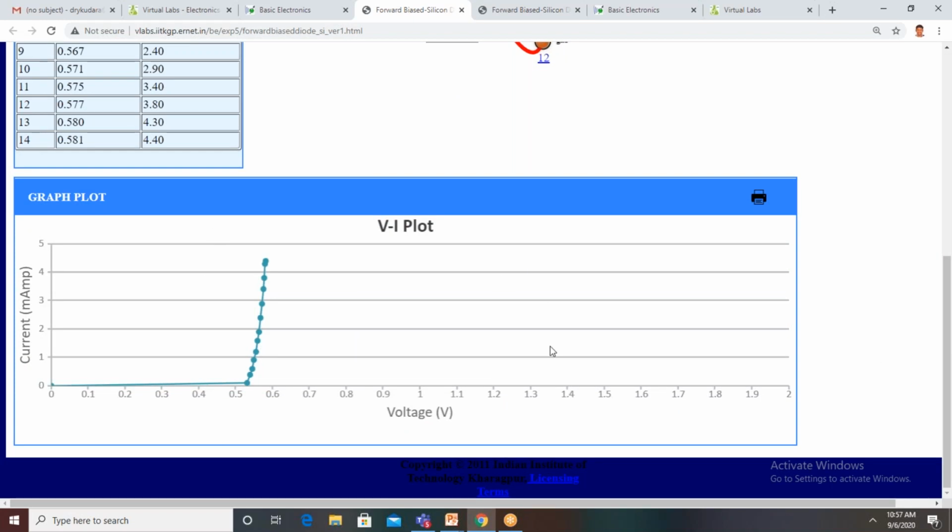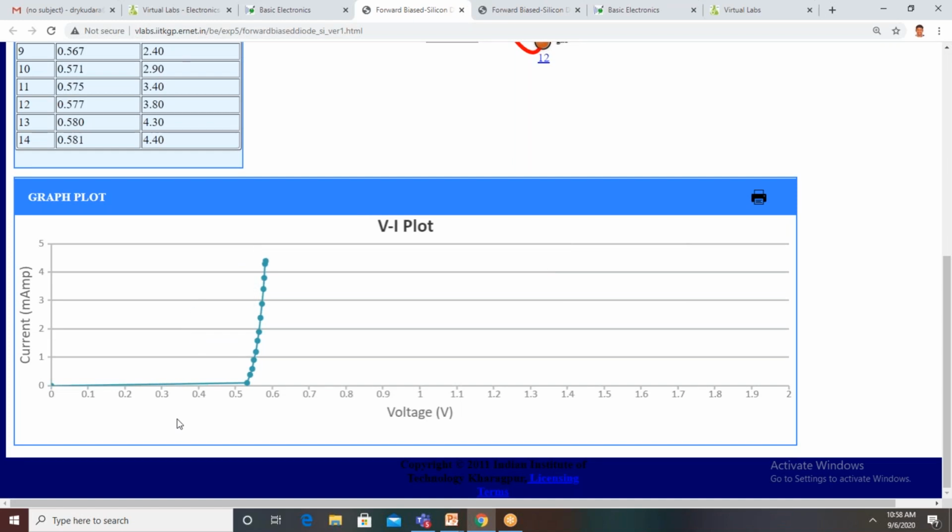So this is the characteristics of the diode, the volt-ampere characteristics. The diode voltage is taken as the x-axis and the current is taken as the y-axis. So this is the VI characteristics of the diode.